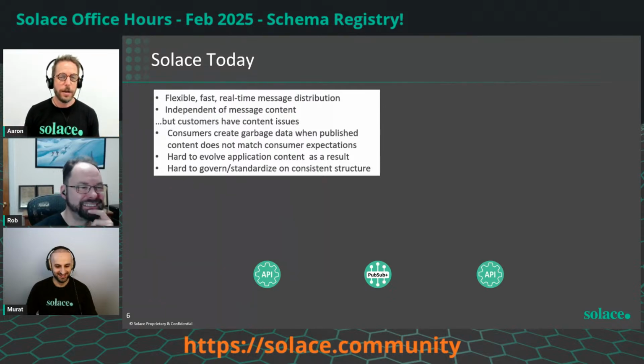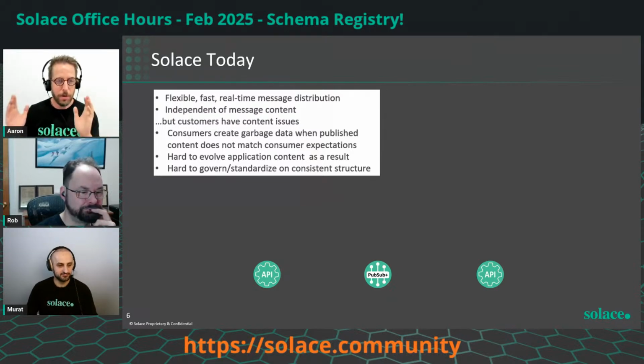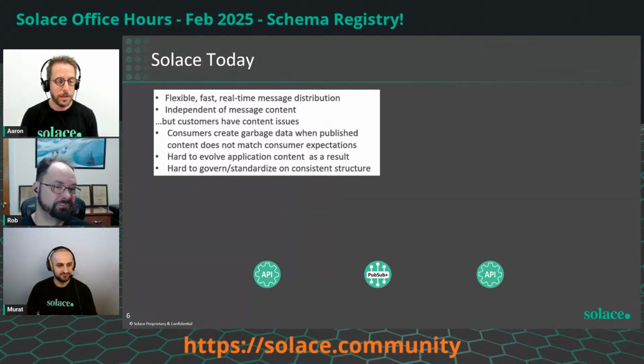Protobuf, XML, like your internet router doesn't care what's inside the TCP packet, right? It just cares about the header to how to route it, and you can send whatever is inside there. So we're kind of the same, at least as far as the broker is concerned, right? It'll route whatever payload you have in there. It's the applications that are more concerned, I guess, what's in the payload. Right. So how do we adapt this to handle the schema and make sure that the schemas align between a